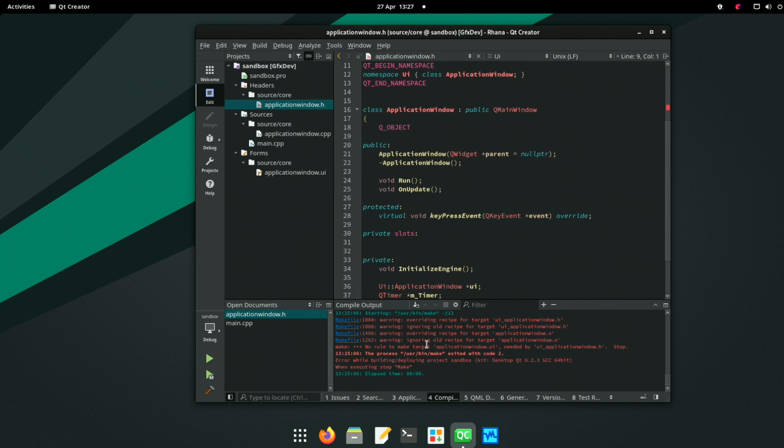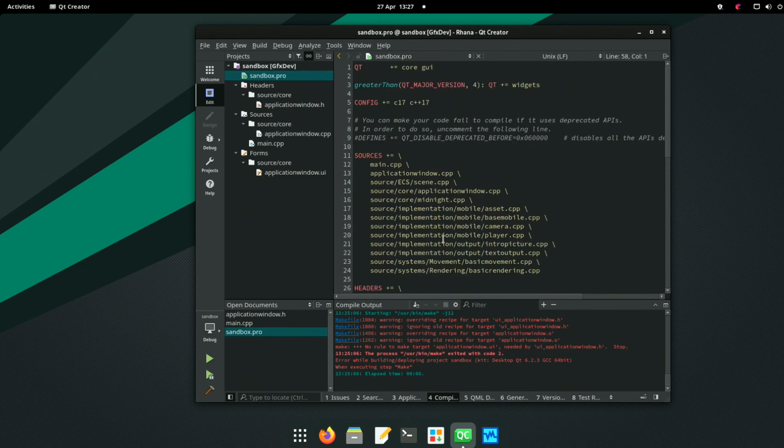Yeah, no rule to make application window.ui, which is correct. It doesn't. Now there's an interesting problem to overcome. Where do you put the path? Well, the answer usually is in the Pro.